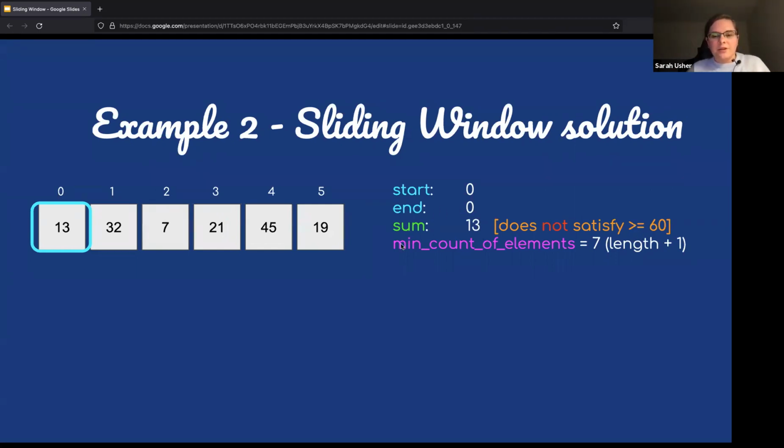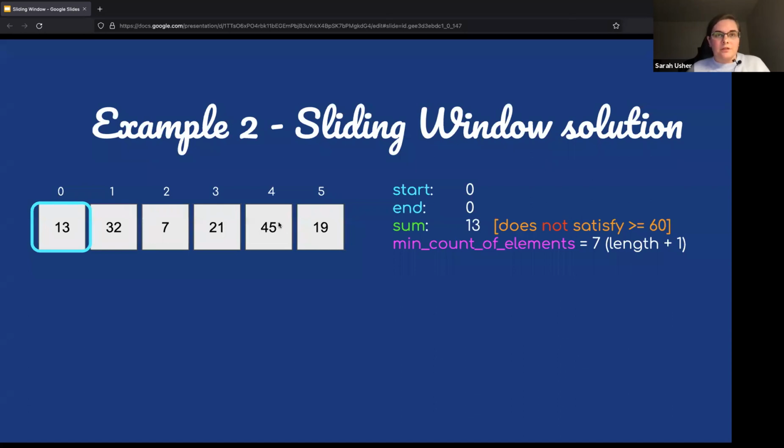If you keep track of the minimum element, I've just used the length of the array plus 1, because if that is the result at the end, it means I haven't found anything, and I know that I have a non-result. Other people use maximum index number or whatever it is. What you want to set is just something that is bigger than the largest possible solution. And the largest possible solution is,